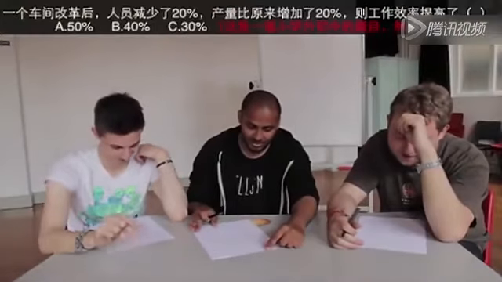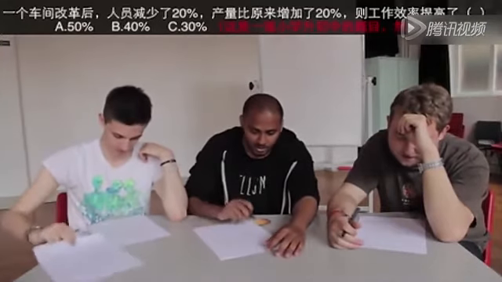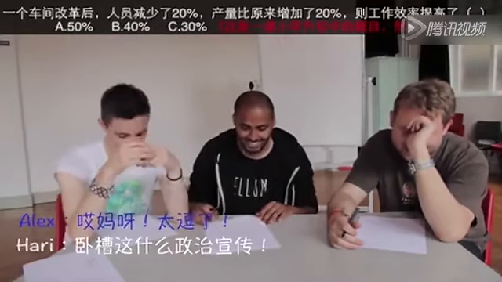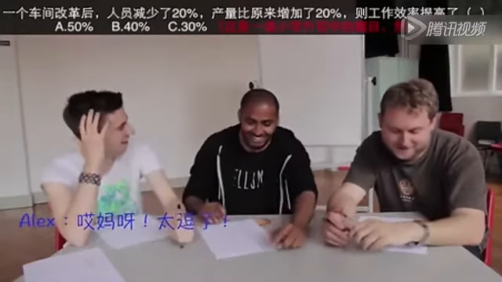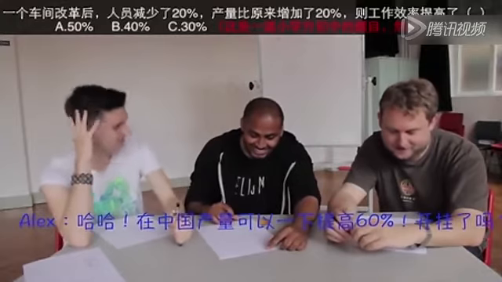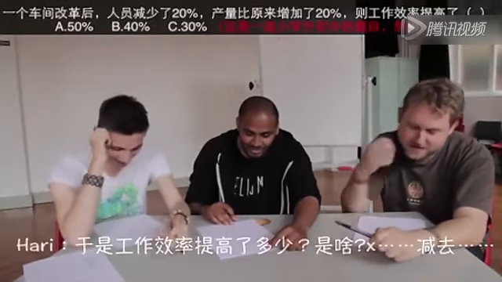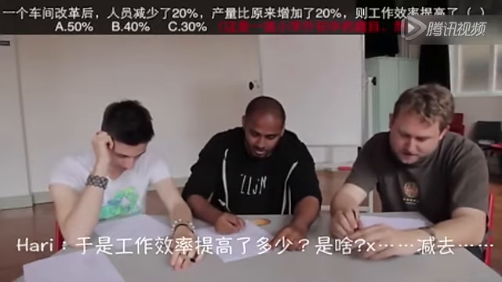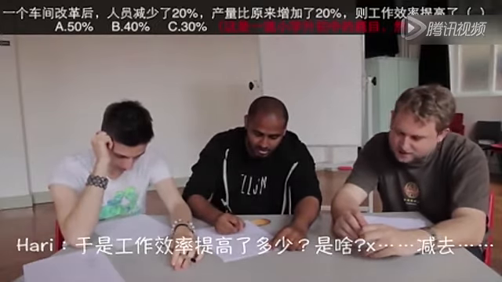A factory got its number of staff decreased by 20%. How topical. And the production increased by 20%. What is this propaganda? Last year in China, production went up 60%. Then the working efficiency got increased by blank. So it's what? X